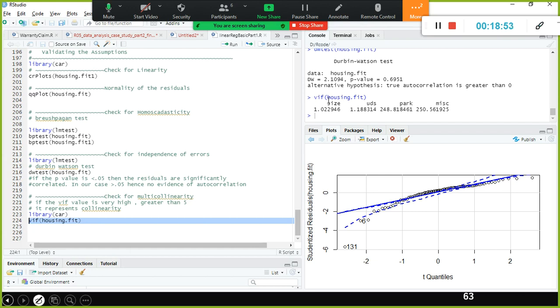VIF stands for variance inflation factor. So what does this function do? This function is helpful to identify the presence of any correlation between the independent variables.